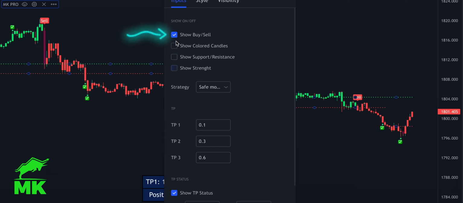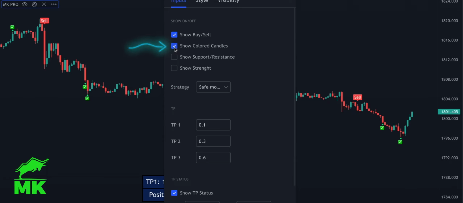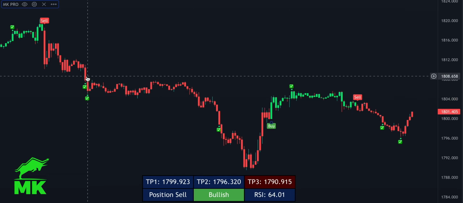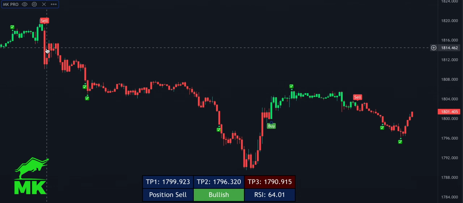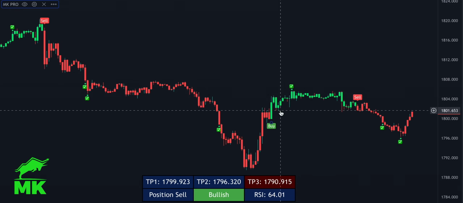First option is show buy and sell, which we can enable or disable the alerts on chart. Second option is colored candle. When we activate it, the color of candles will change to red and green. The green candles show us that market technically going uptrend, and the red candles show us the market technically going